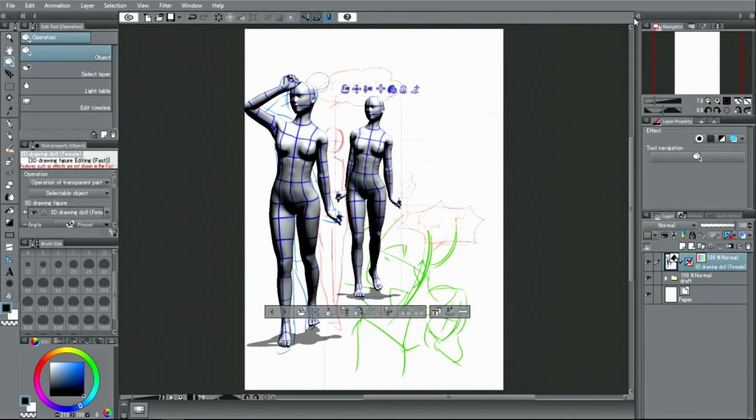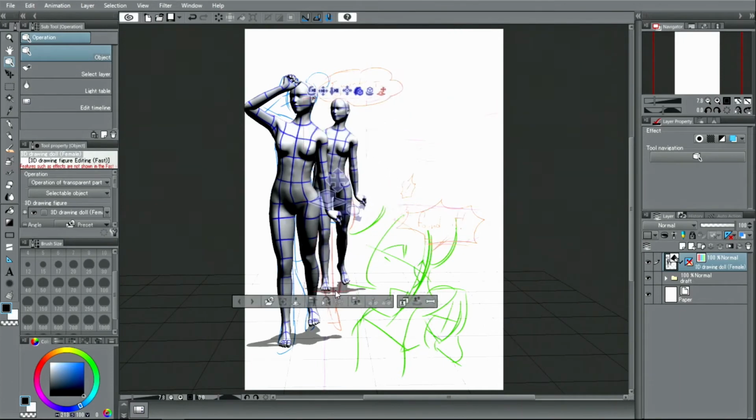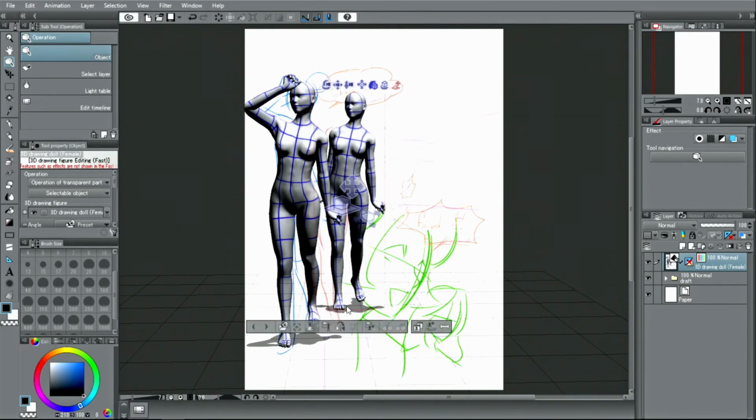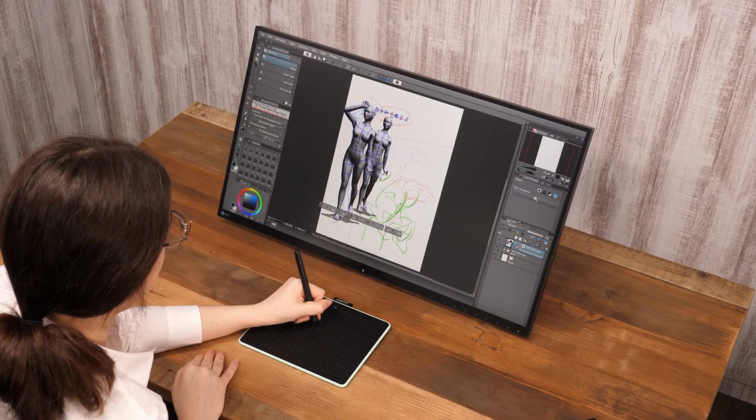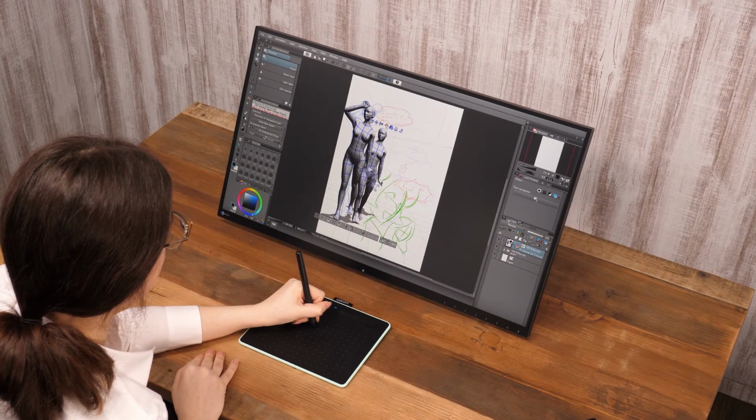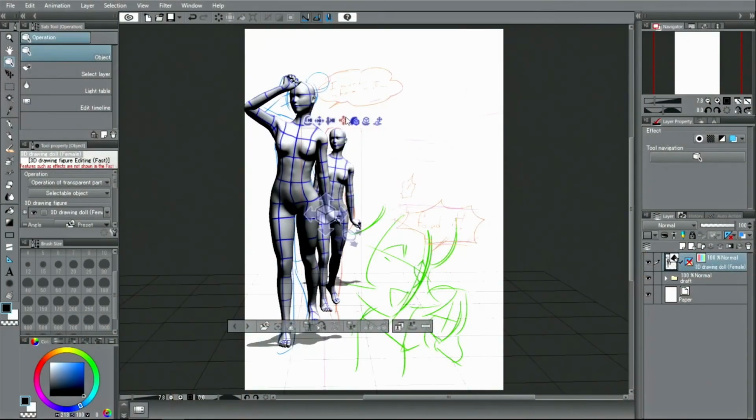Then I use the icon above the drawing doll to move it and arrange its position. I adjust the movement of the joints and the viewing angle.